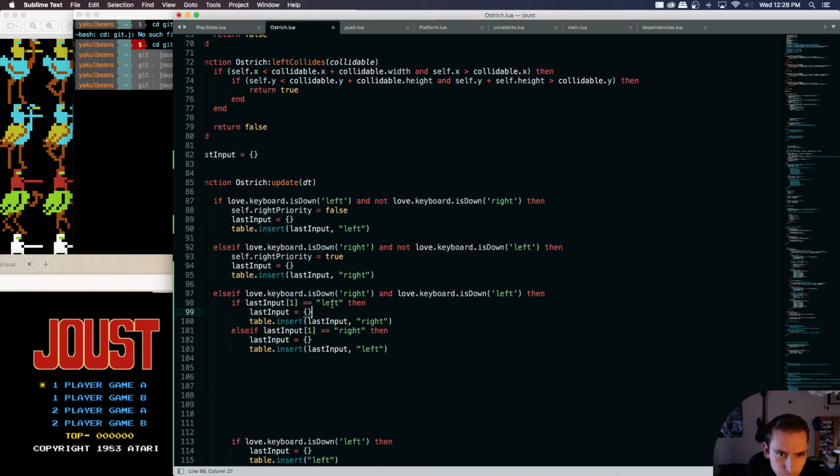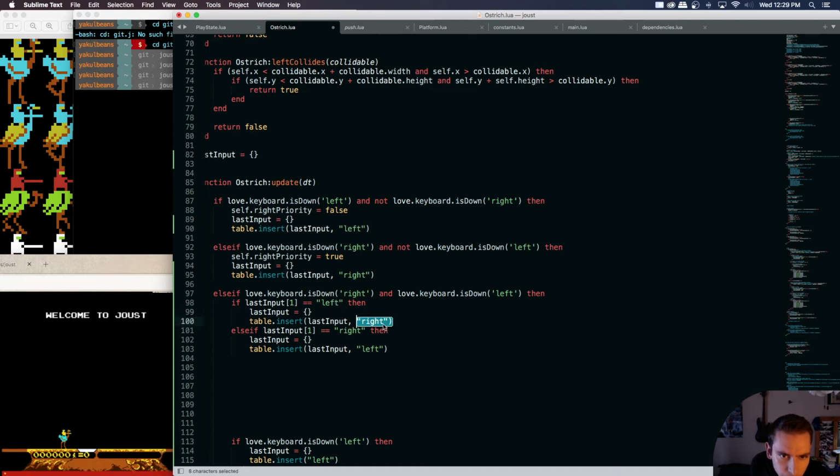I'm giving the last input to be right if our last input is left. On the very next frame, last input will be right. Then we're going to swap it with left. So every frame, it'll be swapping. Which is completely incorrect. We only want to swap it